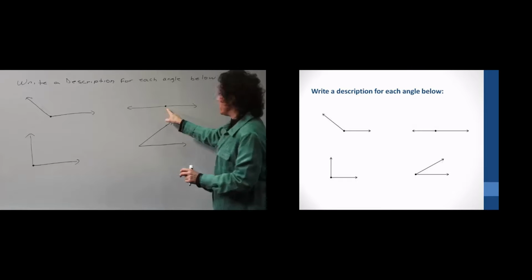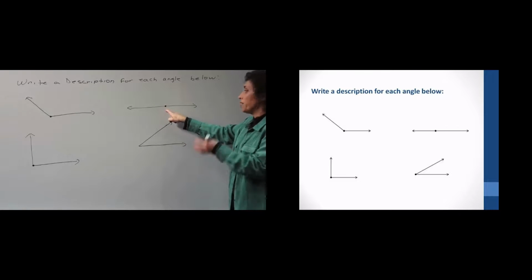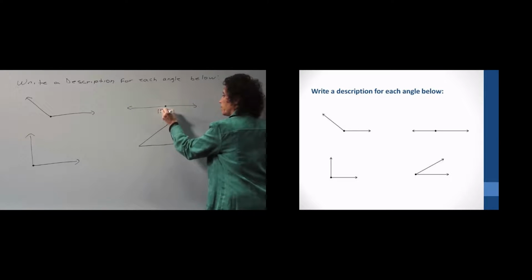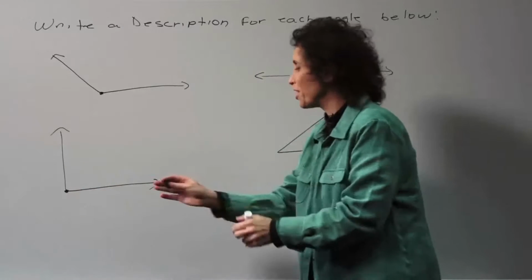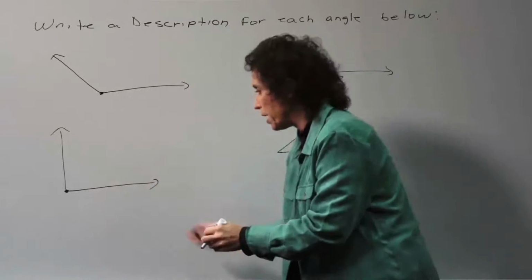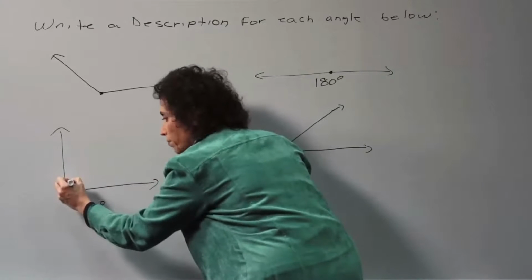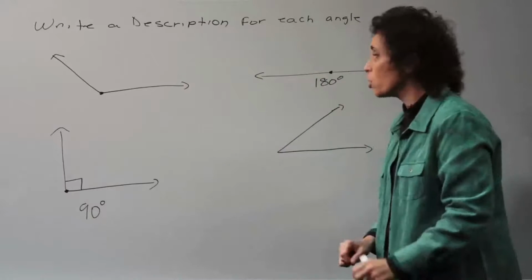Well, you might say here, well, this one is 180 degrees, because we already talked about that. And you would be right. It's 180 degrees, that angle. Exactly. You might look at this one and say, and it's better in your workbook than it is here, this is supposed to be straight up and down, and that's a 90-degree angle, and you'd be correct with that, okay? And usually you see that little square or that little corner to suggest 90 degrees.